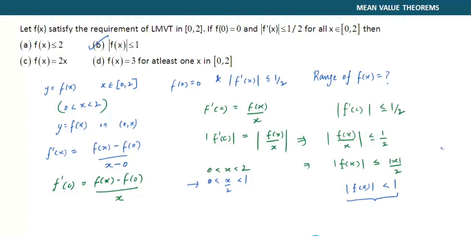So these kinds of questions are there that are asked at maybe advanced level. I have just taken them to make sure that you are able to apply LMVT